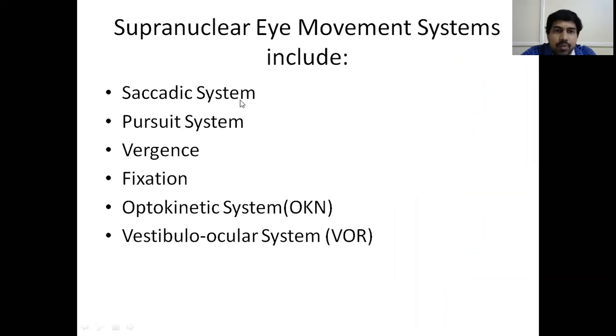Saccades are nothing but quick movements. Suppose you are looking at your computer screen and someone comes and calls you. Your parents or someone knocks at the door of your room. So suddenly you look at the door. That is a saccade. A saccade is a sudden rapid shifting movement of the eye. You are looking at an object, suddenly someone comes and you look at that second object, that is a saccade, which is a rapid movement.